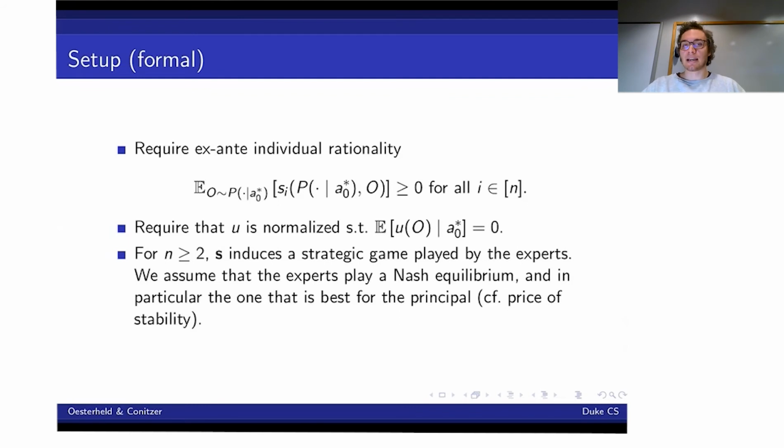So that's one reason. Another thing that motivates looking at the best Nash equilibria for the principal is that helping the principal is the job of the experts. The experts are approached by the principal to help her make a decision. So it is reasonable to assume that the first thing they would do is think about how they can best help the principal. Of course, within what is compatible with their incentives, but still, it's plausible that that's how they would think about what to do.